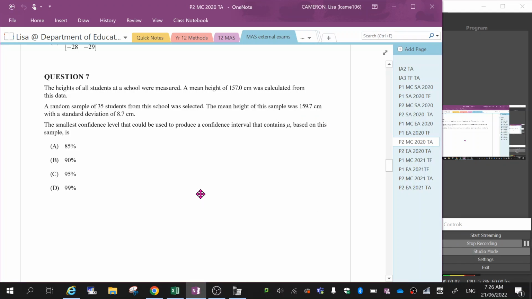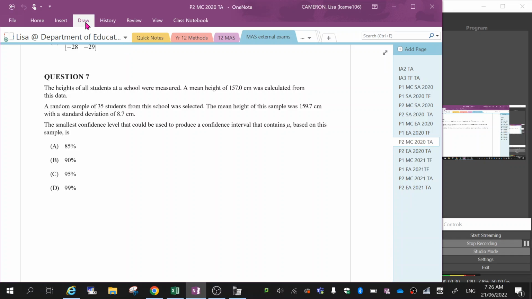Okay, question 7 is a tech active question. So the heights of all the students at the school were measured to be a mean of this, and was calculated from this data. A random sample of 35 students from this school was selected. The mean height of the sample was this, with a standard deviation of that. The smallest confidence level that could be used to produce a confidence interval that includes μ based on this sample is, and then we're looking at these 4